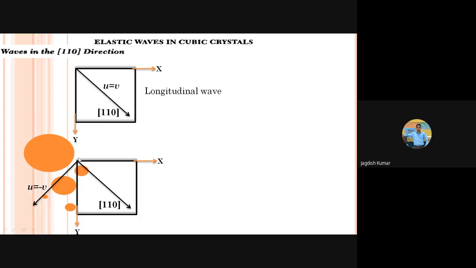So what is the direction of oscillation of the particles or the mass? Particles will be oscillating along this line. And where is the wave propagating? It is propagating along the 110 direction, because we began with conditions considering the wave function having the direction of propagation along 110, which we did yesterday. And this is exactly perpendicular to this one. So these oscillations actually represent shear or transverse waves propagating along the 110 direction in a cube.